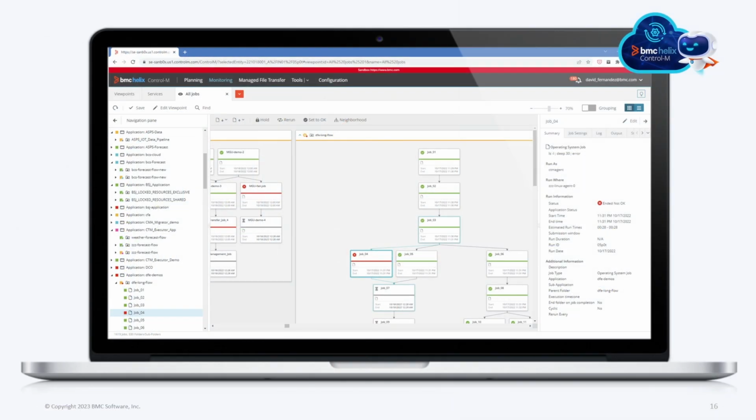Helix Control-M is accessed entirely through a web-based client, so there's no local software to install or maintain. Users simply log in through a web browser to design, monitor, and manage workflows from anywhere with the same functionality previously tied to the thick clients. This also means updates and new capabilities are automatically available as part of the tenant without user-sided upgrades or